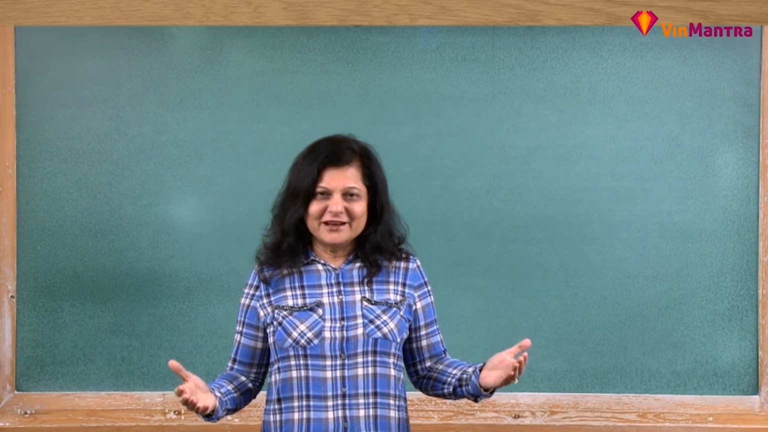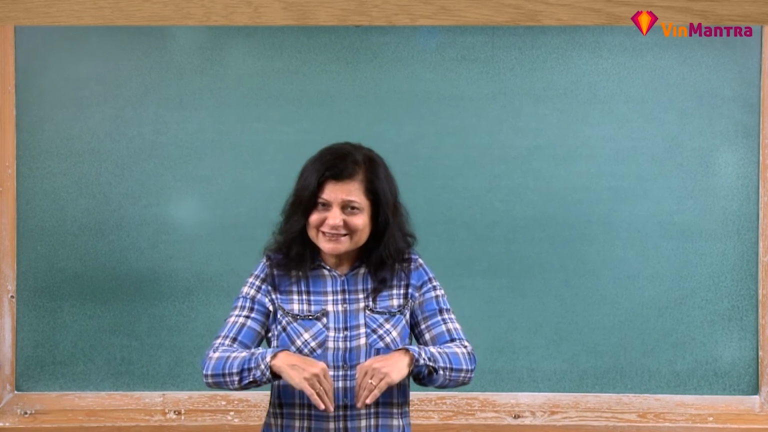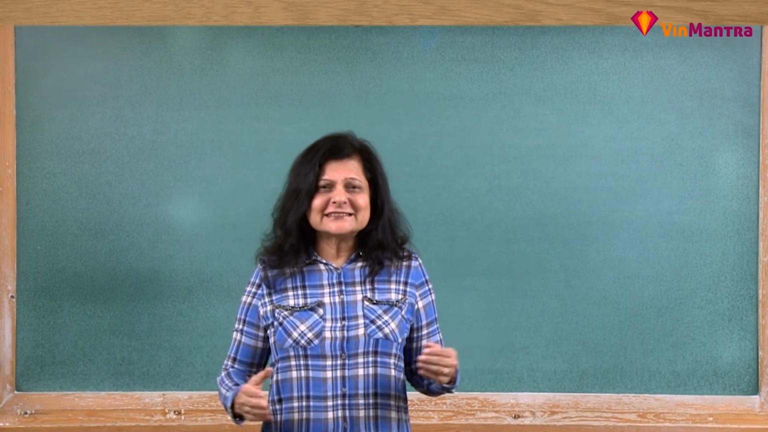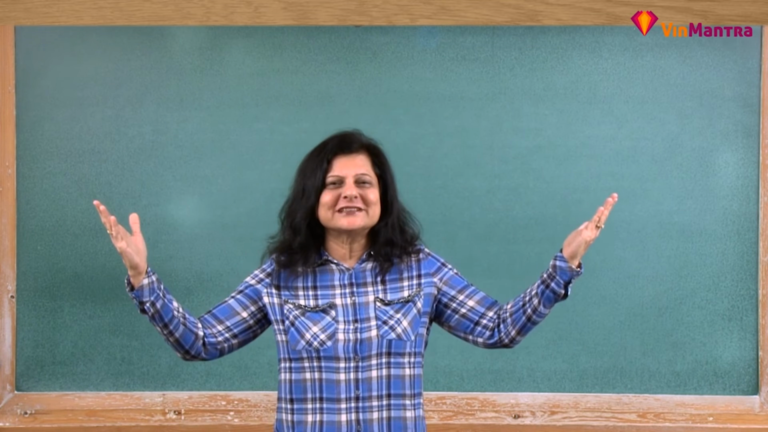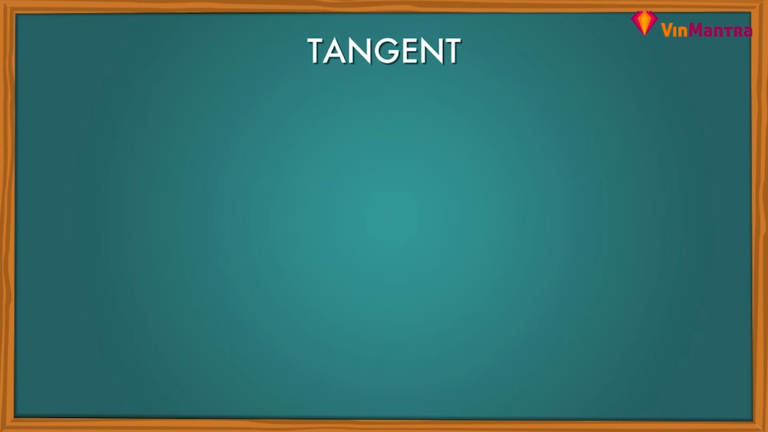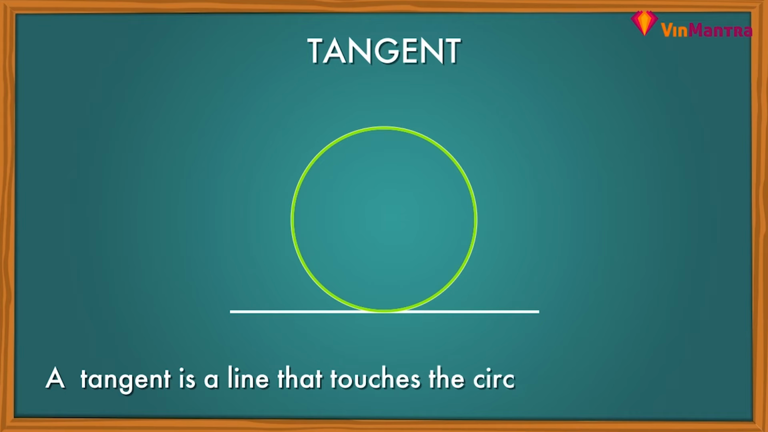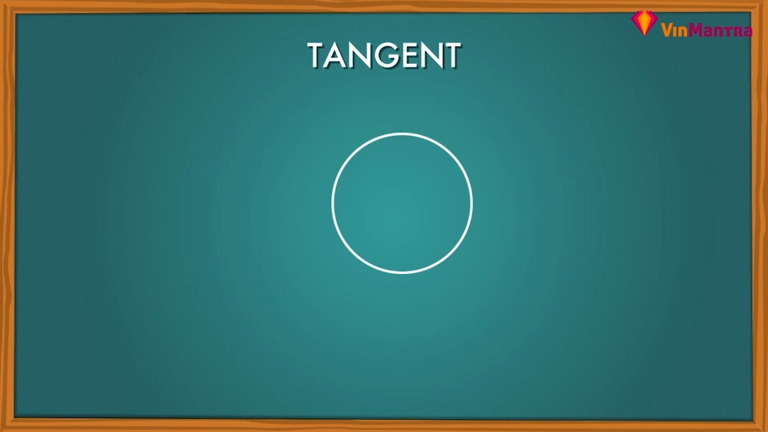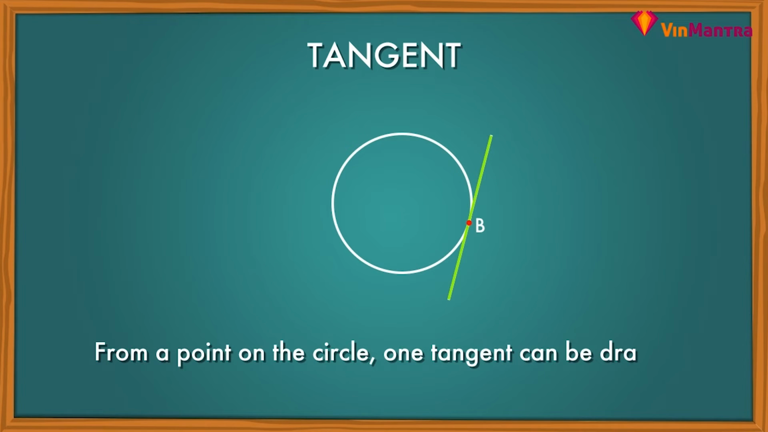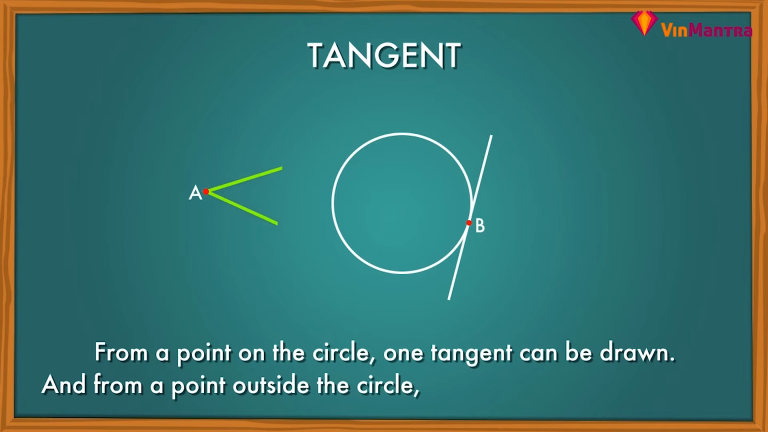All this while, we have been confined within the circle. Guys, it's time to venture out of the circle. Firstly, we need to know the definition of a tangent. A tangent is a line that touches the circle at one point. From a point on the circle, one tangent can be drawn, and from a point outside the circle, two tangents